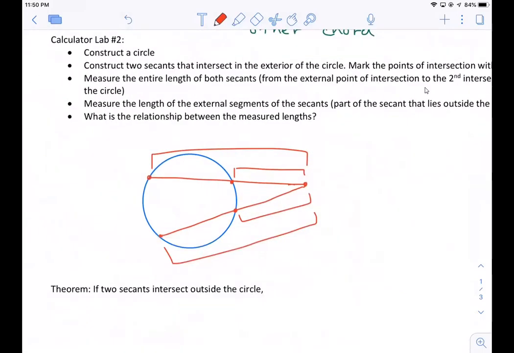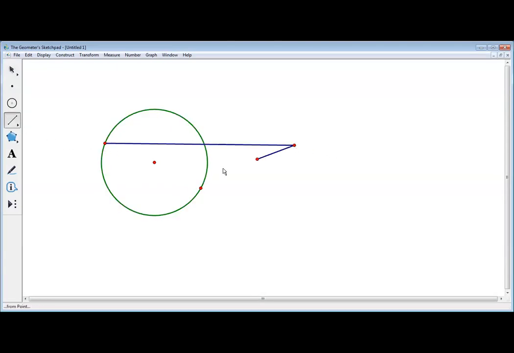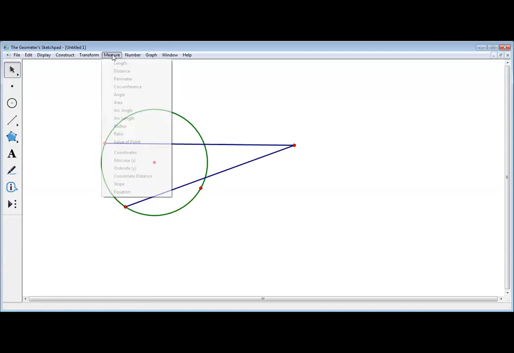All right, so in your calculators, go ahead and do that. There's not really any tricky steps. So let me switch over to Sketchpad and show you what that looks like. All right, so we got a circle. Secant number 1, secant number 2. And then just measure what I asked you to measure. So let's measure the entire secants. So there it is, 14.04. Measure this secant